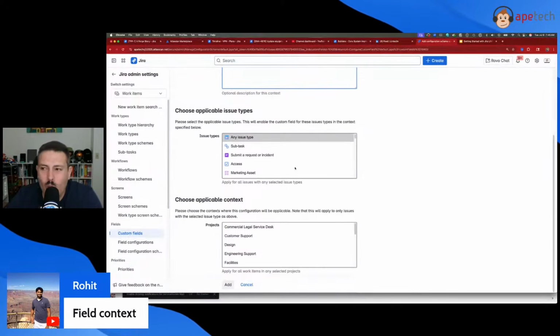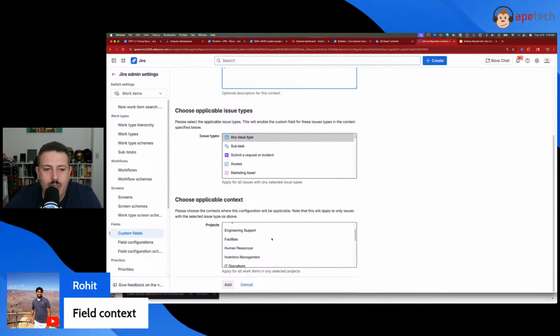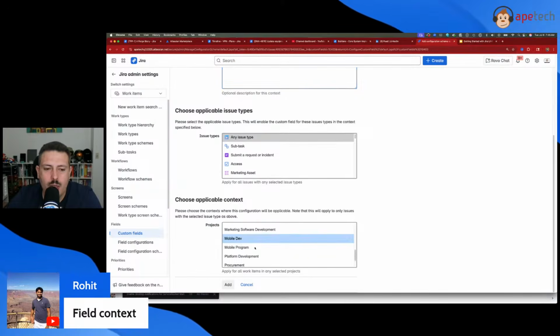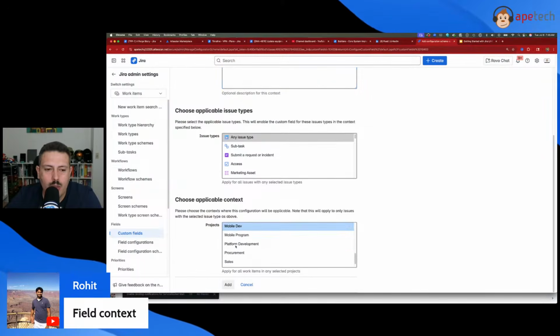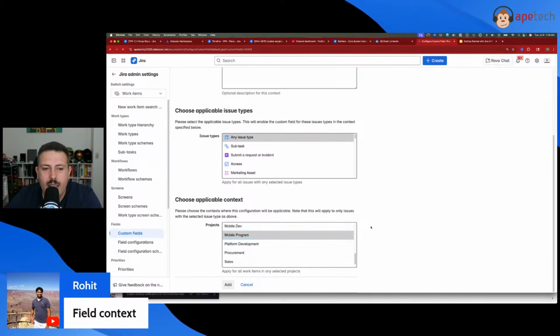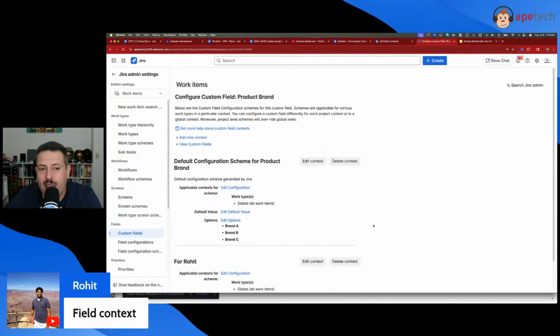Now, I would do an or statement. I don't do both. I don't do this and this. I typically just use the project. And so normally, I am going to restrict it to a project. So let's go to mobile program, MP, right? And I'm going to click on add. And that means that when this field recognizes that it's in the MP program or project, it's going to behave